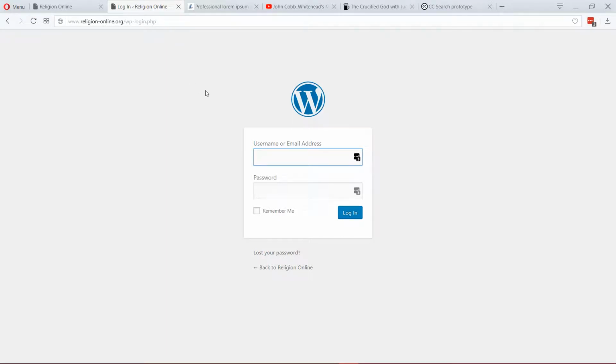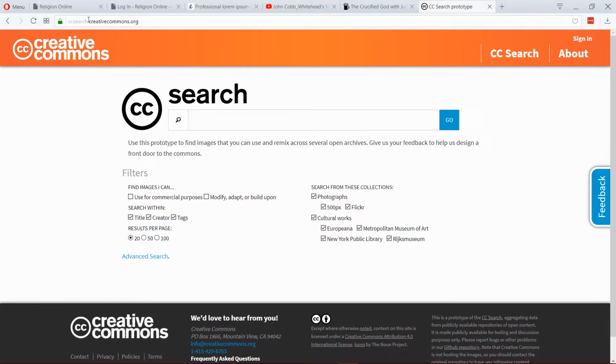And then the third thing that I would recommend doing before you create the post is find a useful image, because each audio and video post needs to have an image along with it. But the image can't be under copyright. So to make sure that you're not using an image that's copyright protected, I would recommend searching a site like this one. There are a number of sites like this, but this is creativecommons.org. This is the search engine,